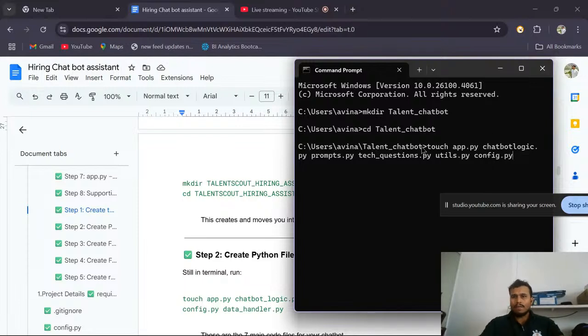So you can see here, basically, this touch, what does it do? Touch will help us to create this particular .py file inside our talent chatbot folder. Again, what are these 7 important